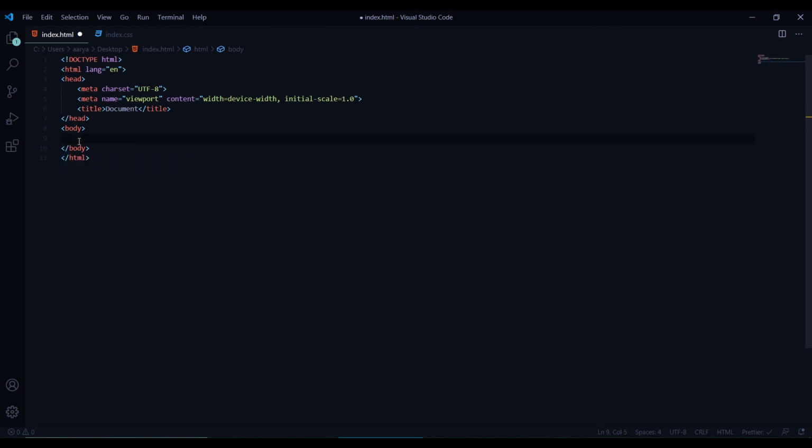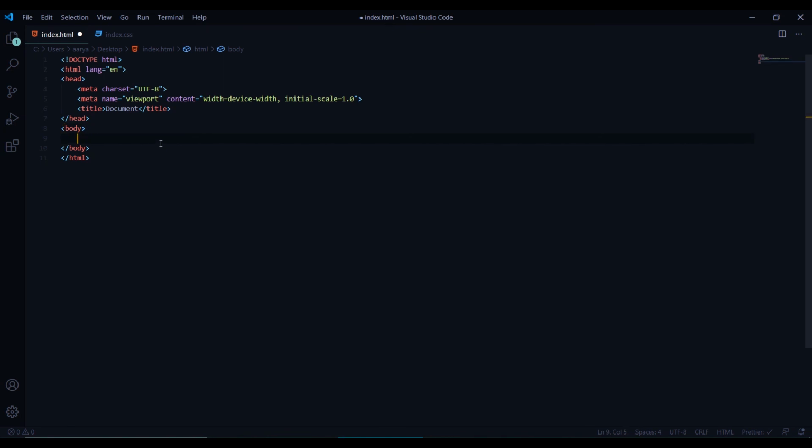Now moving ahead, I will also show you another very handy way. As the div tag is the most commonly used tag around any HTML page that we create, if you want to create a div tag with certain class names, you don't need to write it like div.box. You can just write .box and it will give you a div with class box. Same goes with ID. Just write hashtag myid and it will give you a div with id myid. Since div is the most commonly used tag, this works with div only. So this is how this works.